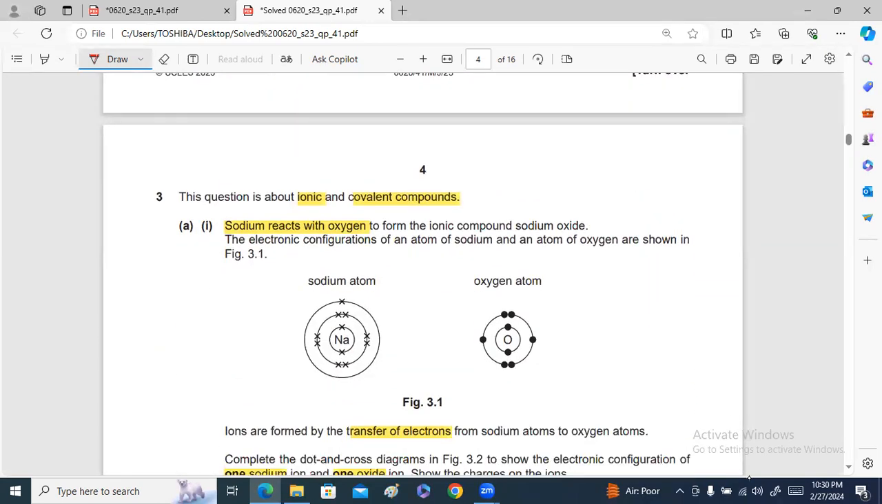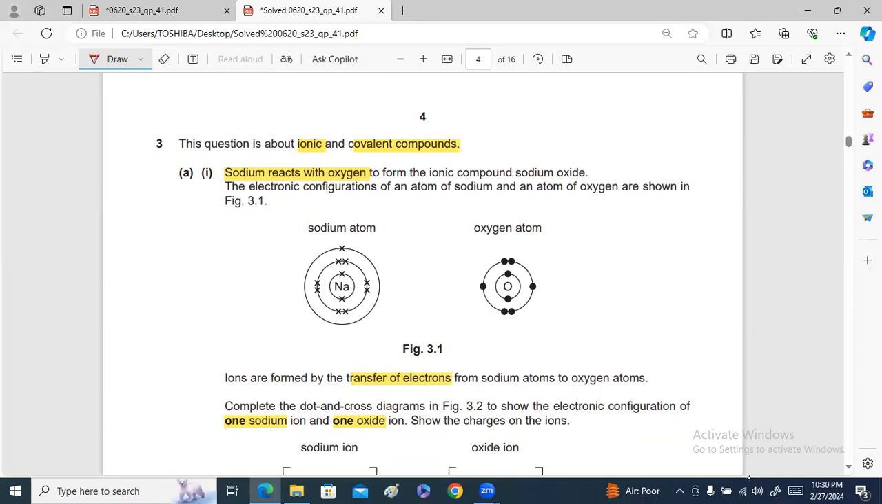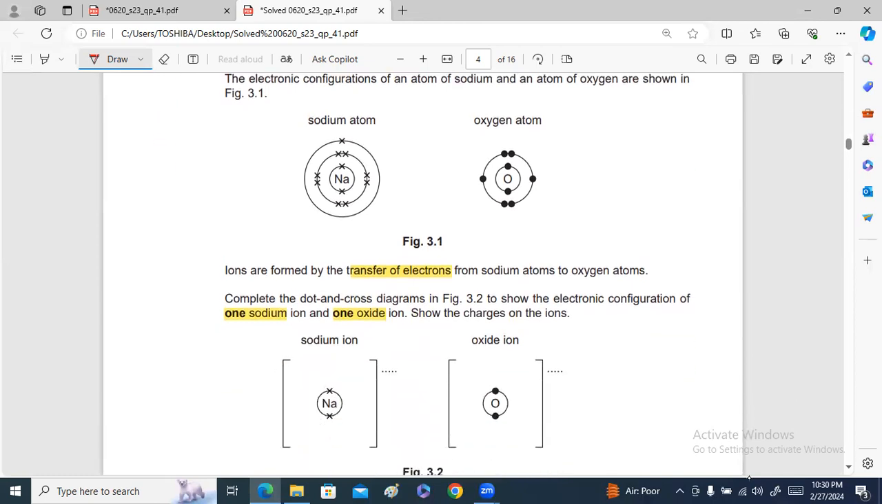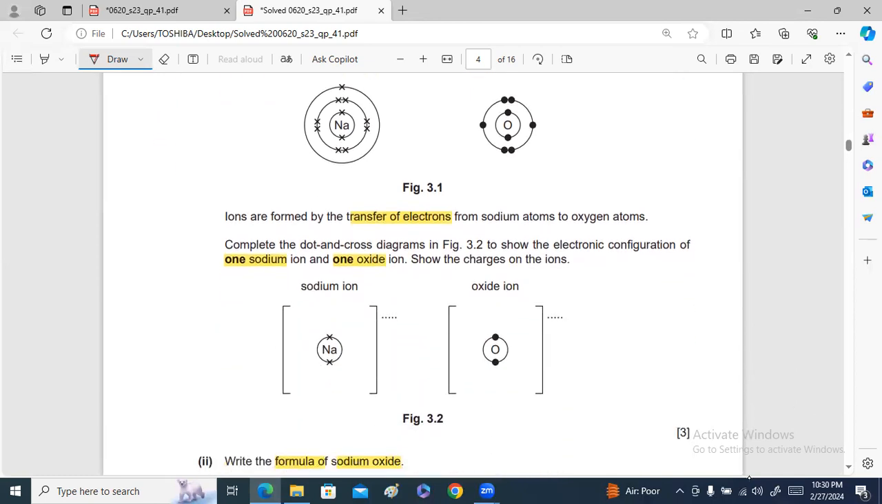This question is regarding ionic and covalent compounds. In this question, the sodium reacts with the oxygen to form sodium oxide. See, so the atomic structure of sodium and oxygen are there. The question is that complete the dot and cross diagram of the one sodium ion and one oxide ion. Sodium, as we can see, has 11 electrons. Sodium is in group 1, when it loses 1 electron, it becomes 1 positive. So we can draw the 10 rest of the electrons because this electron is lost by the sodium and